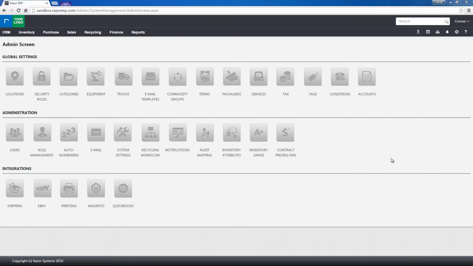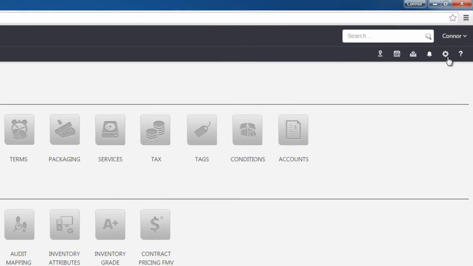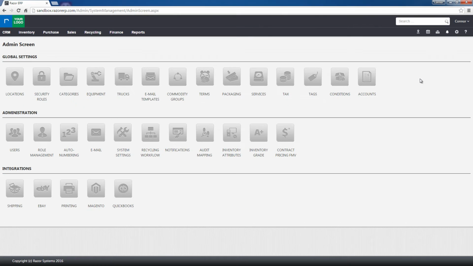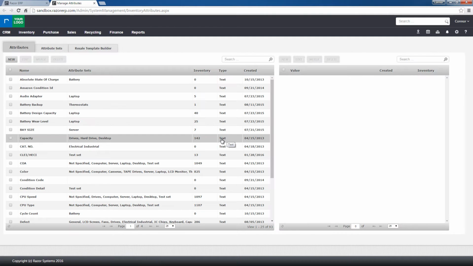of the master item. So here we're inside of our admin screen, so we're going to get to here from going to our little gear, selecting System Settings, and that would open up our admin screen here. Now, in the middle administration setting, there's Inventory Attributes, and we're going to click this. Now, obviously, you're going to need to be an administrator to get access to this, but once you are here,